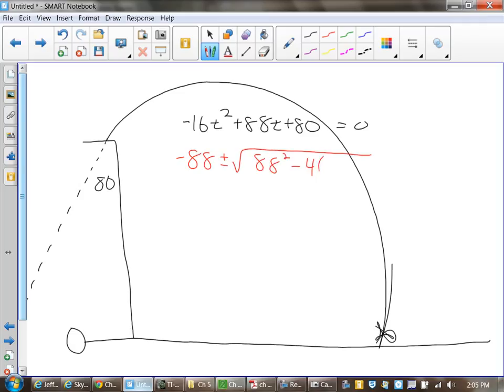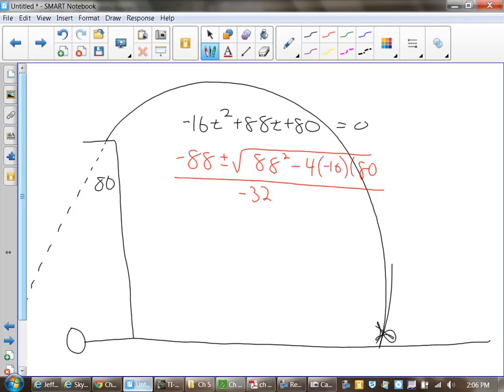88 squared minus 4 times negative 16 times 80, all over 2 times negative 16, which is negative 32. Now, in this example, do you see how my denominator is negative, and I want to deal with a positive amount of time? So am I going to subtract my discriminant, or am I going to add my discriminant? I'm going to subtract it